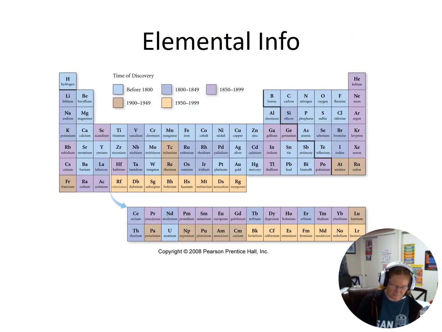And then we can start thinking about the periodic table, and we will start discussing the periodic table. This is just kind of interesting because I have it color coded based on when things were discovered. You don't have to memorize dates of when things were discovered. It's just interesting to look at kind of as we developed our understanding of science, how it all evolved and when we knew what. So again, all these things here that are marked 1950 to 1999,